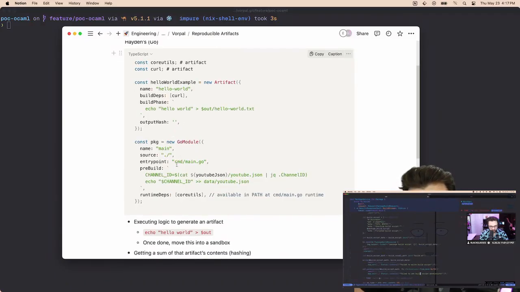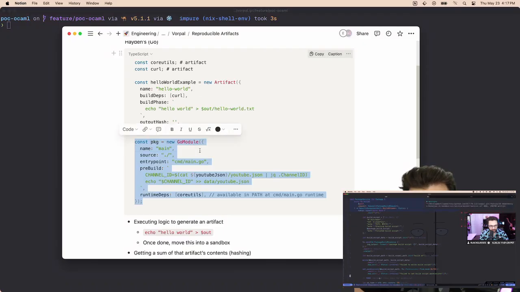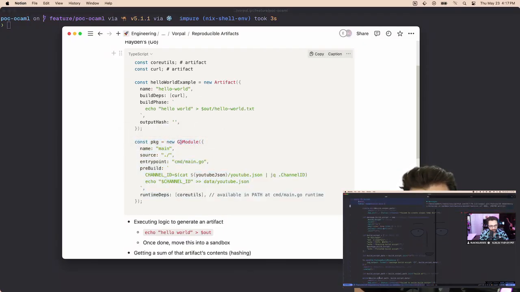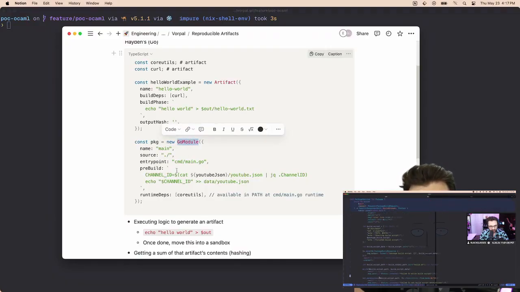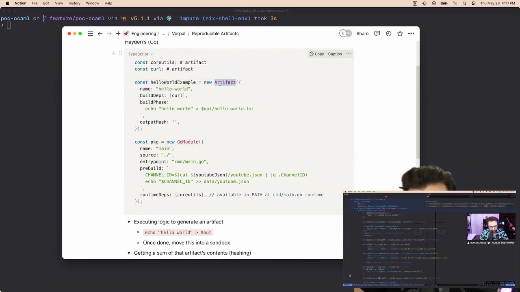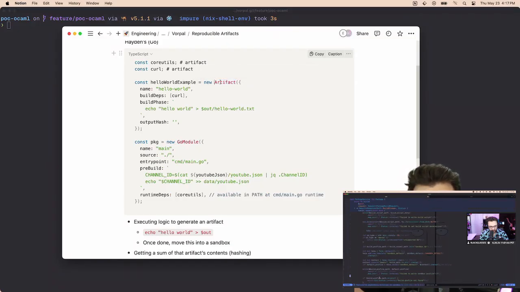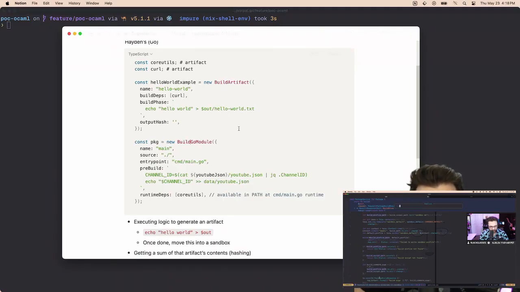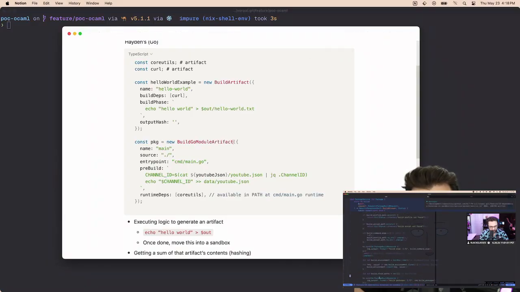Now let's say something is a little bit more complex, like a Go module. In this scenario, the Go module is a higher-order function to the artifact function, or basically the build artifact function. So this could be build artifact, but this could be build go module artifact. And the idea here is that we're reusing